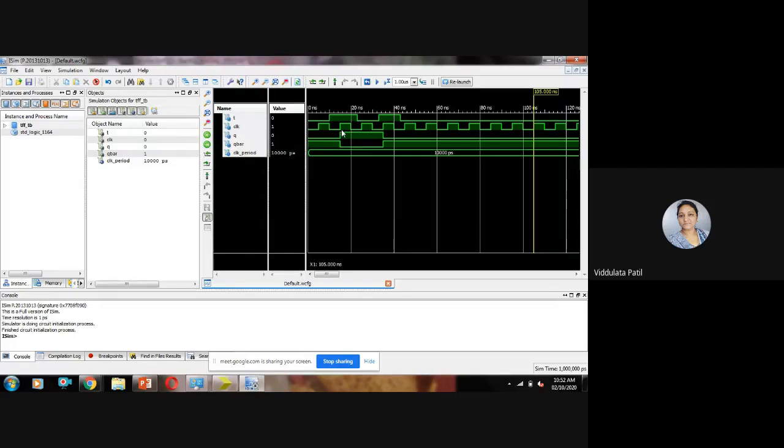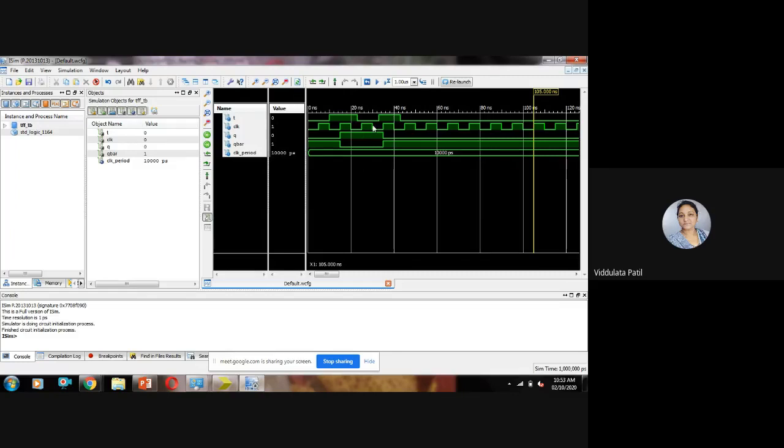Now here there is a clock event, clock is changing from 0 to 1. So at that instant, if the value of t is equal to 1, then the output value will toggle. So it will change from 0 to 1, and that is why q bar will change from 1 to 0. Okay, so this is a toggle flip flop.